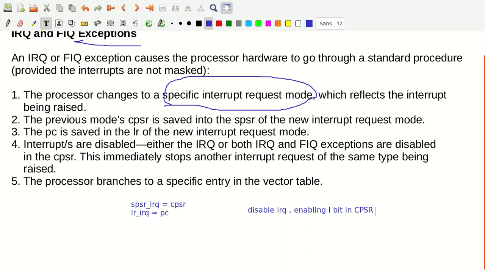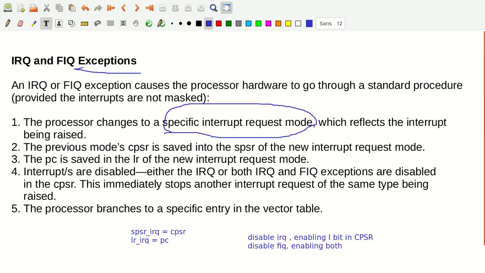But in the case of FIQ mode, when you want to disable FIQ, that is fast interrupt request, what you do is that you set both the I bit as well as the F bit in CPSR.